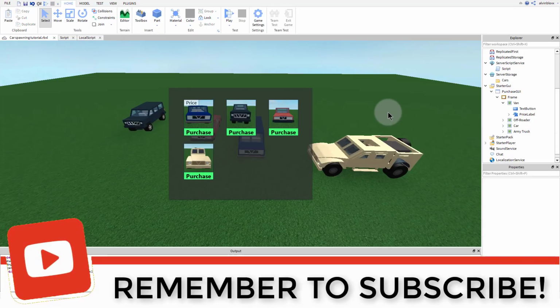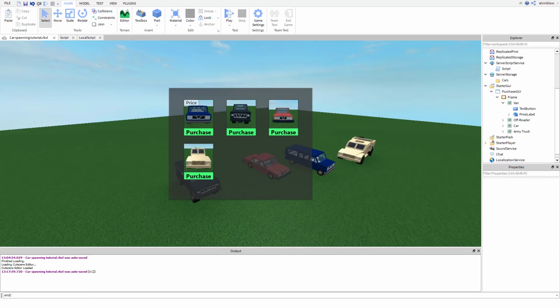So now it's time to start scripting the buying of the car. Now because this is going to be filtering enabled compatible, we can't put the prices of the cars on in the GUI because if a hacker joined the game they could change the prices to whatever they want. So we have to keep the prices on the server and the prices are inside the trucks which are hosted on the Roblox servers, so hackers can't change the prices. But this means that we have to use something called a remote function to get the price from the server and send it back to us just to tell us how much it costs.